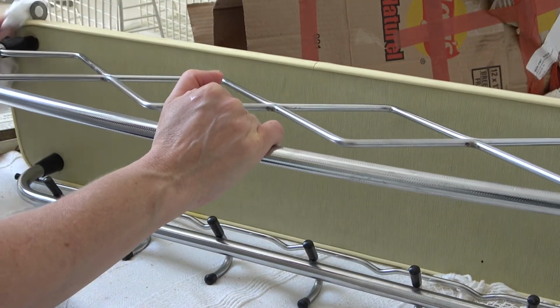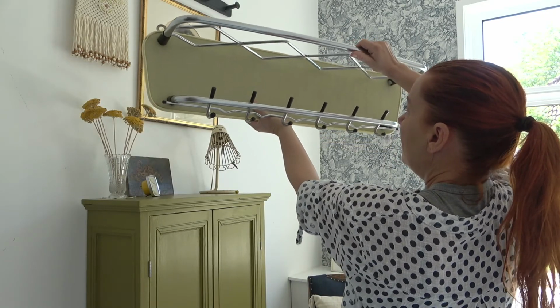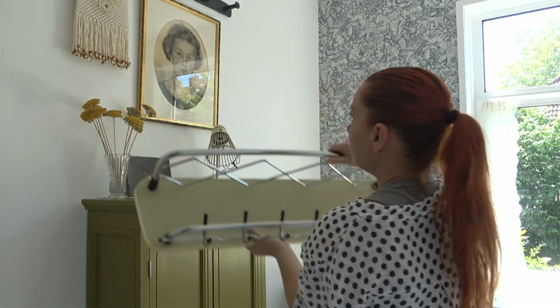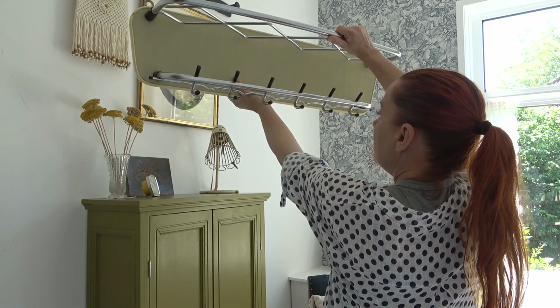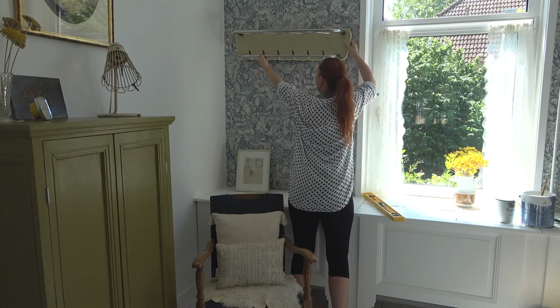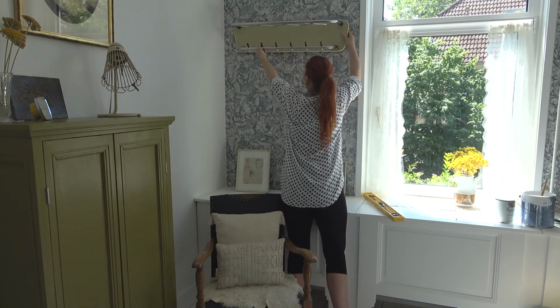Dirty, dirty, dirty. Now that this is here, I can see that this is not a yellow. It has a little bit of a green tone to it, and it is the most incredible fit together with the color of my cabinet. So I could decide to hang this above my cabinet, which would look very beautiful. I could also decide to hang this over here on this wall, something that I think I would actually really like, but